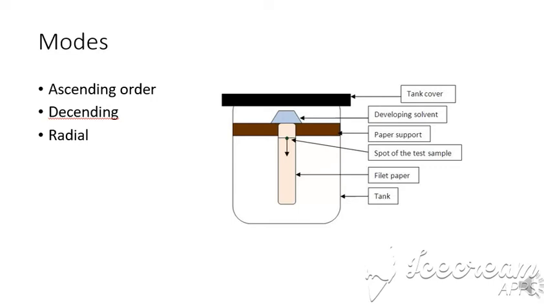Here, the solvent is placed in the developing solvent jar or a trough, or you can say a chamber, and the mobile phase moves over the stationary paper, over the filter paper, from upward to downward direction, and migrates the sample components from the mixture to separate on this filter paper. This is not commonly used. Commonly used is the ascending, which I have shown you in the last diagram.